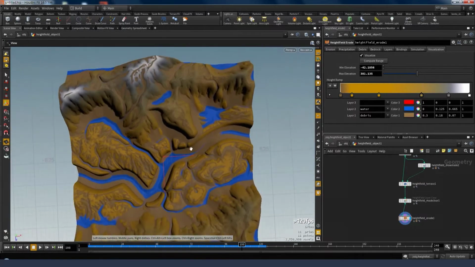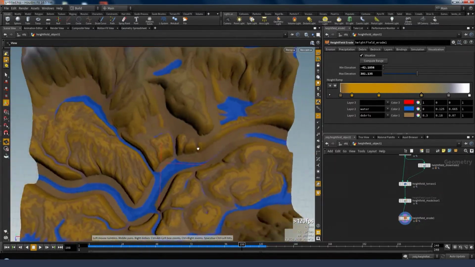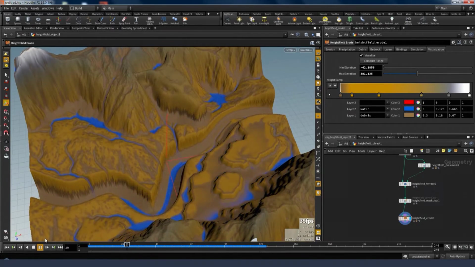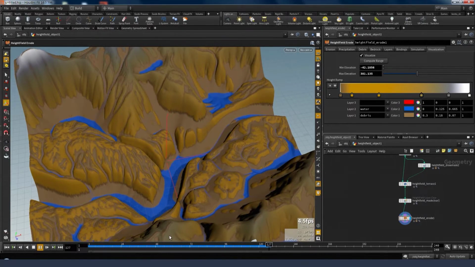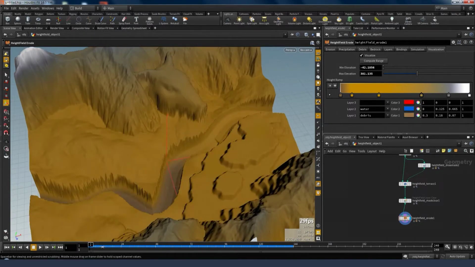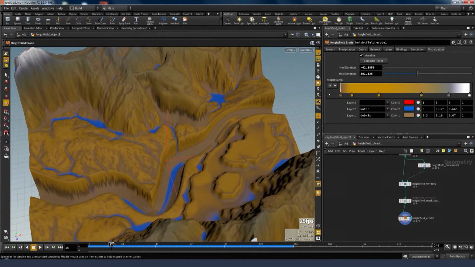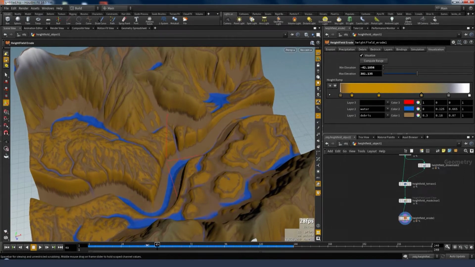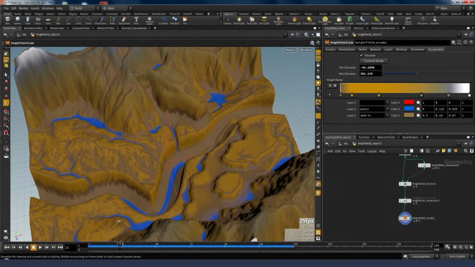Another nice thing about this system is that you see this blue line showing up here on the timeline,